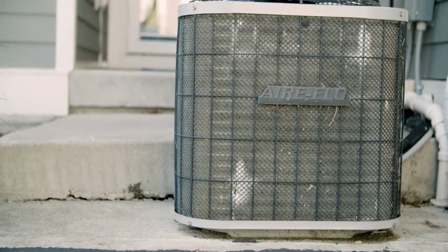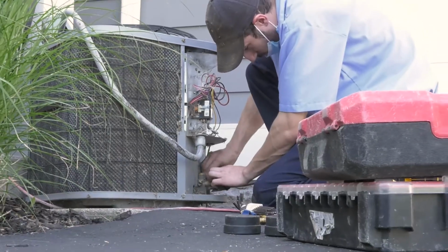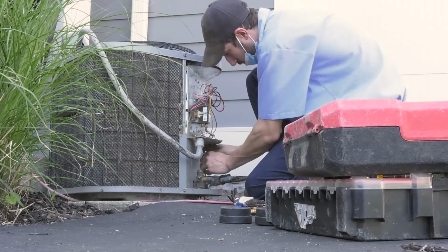Toward last summer, we were having difficulty cooling the whole house. We had a few issues when it was freezing up outside and at the evaporator coil as well. So we would have conditions where the lower levels would be freezing cold and the upper levels would be hot. We knew we probably should start budgeting for a new air conditioning unit, and 4 or 5 months later,